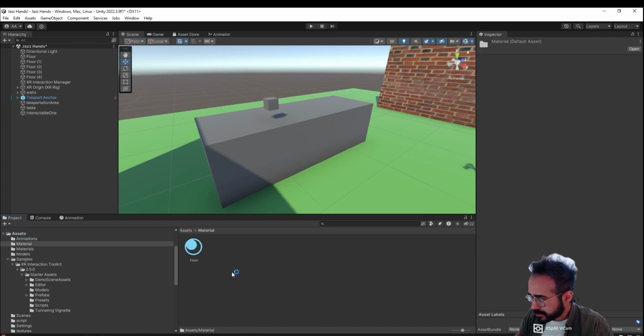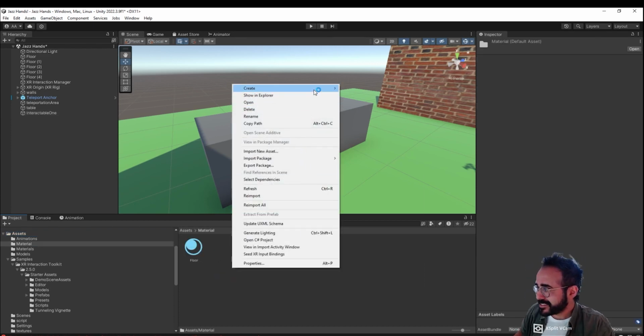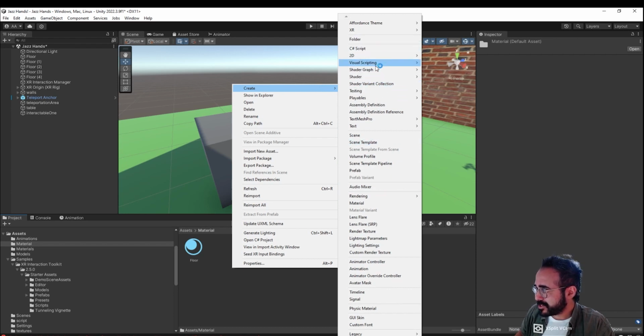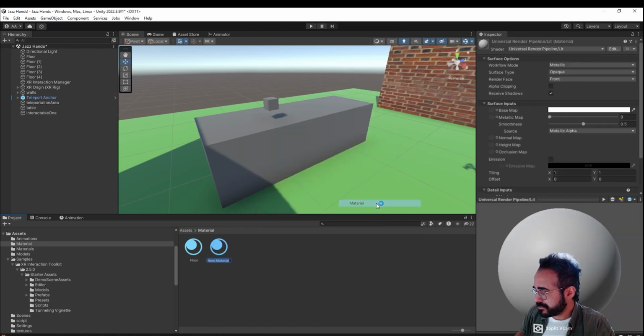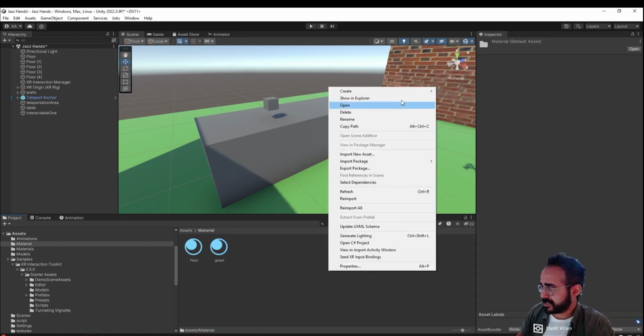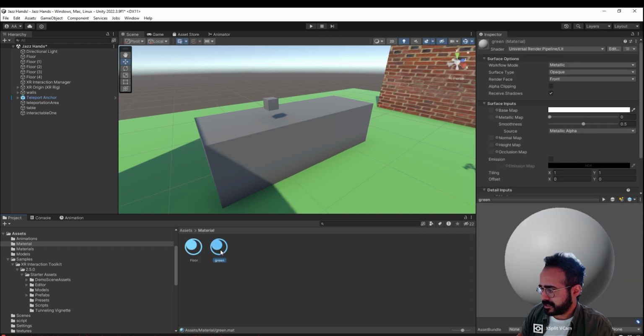So it doesn't look exactly like a table, and we don't have any material. Let's go ahead and create some materials. I mean, we are not going to go much in depth with material, but let's create a green material. Let's create some materials now that we are at it. Just gonna copy this, and this is gonna be blue. This is gonna be red, and let's have also a nice yellow. My plan is to make a xylophone of sorts in a bit, but let's make the red